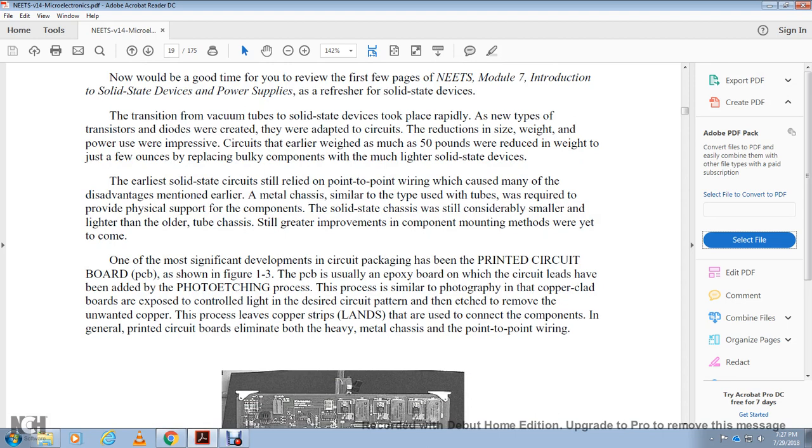1-3. The printed circuit board is usually an epoxy board with circuit leads that have been added by a photo etching process, similar to photography. Copper clad boards are exposed to a light with the desired circuit pattern, and the etching removes the unwanted copper, leaving copper strips or lands to connect the components. Printed circuit boards are generally lighter than both heavy